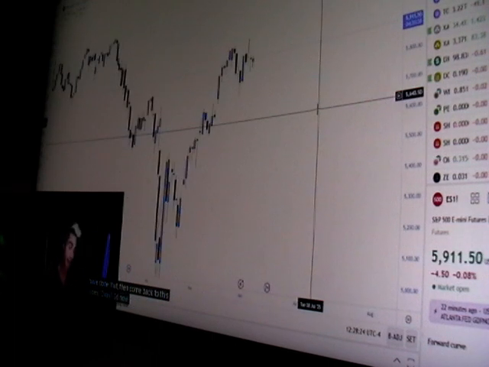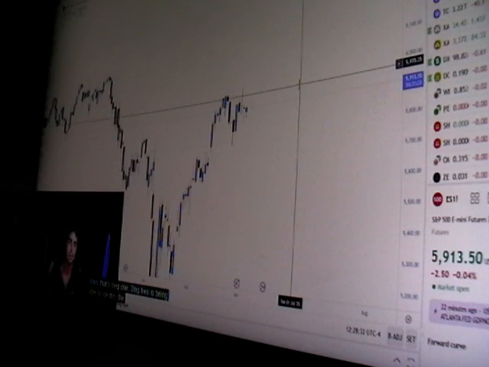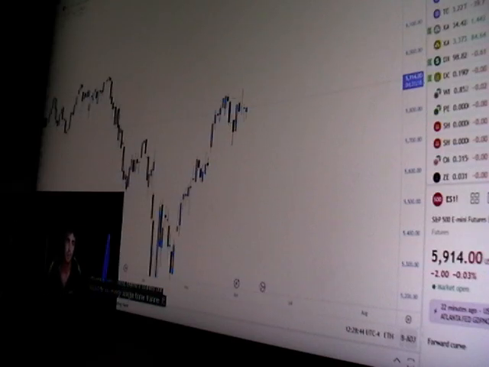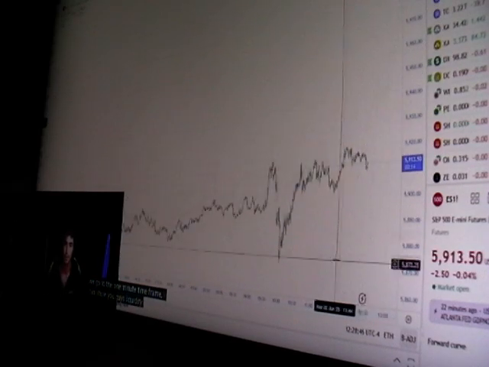Okay, so now that we know liquidity lies above highs and below lows, that's step 1. Step 2 is being able to identify the better, or I guess, how should I explain this? The higher quality draws on liquidity. Because like I said, there's draws on liquidity on every single time frame. If we go to the 1 minute time frame, I can show you guys liquidity sweeps as well.